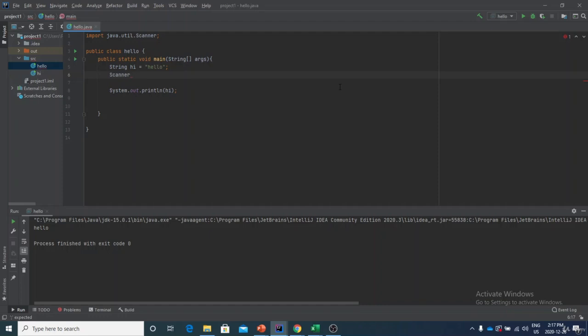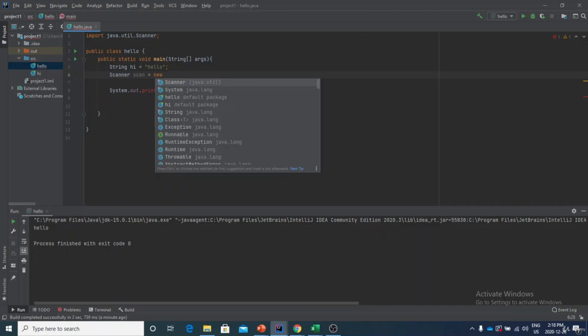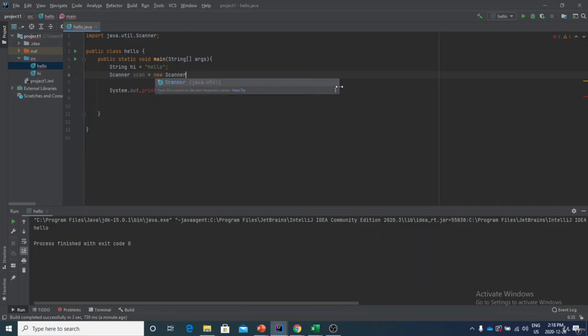So what exactly are we going to do now? We are going to give a name to our variable. Let's call it something basic that will refer us to scanner. Let's call it scan. Now that we have all this, what we want to do is create the function, or write down the function. So we want to create a new scan, and we're going to refer to the scanner method